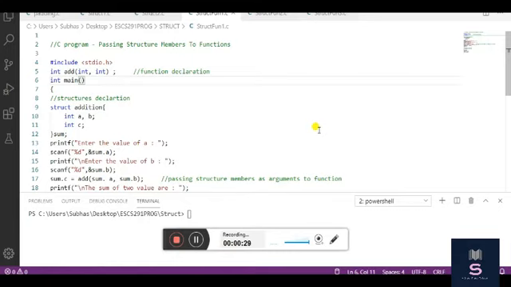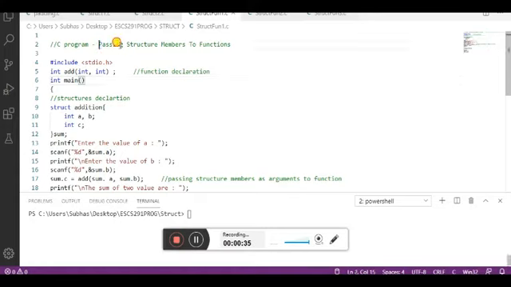Let's start with the first example, passing a structure member to a function. It's a very simple one.